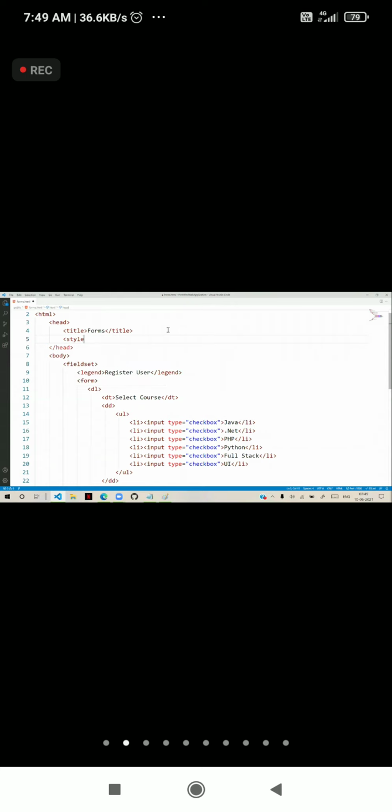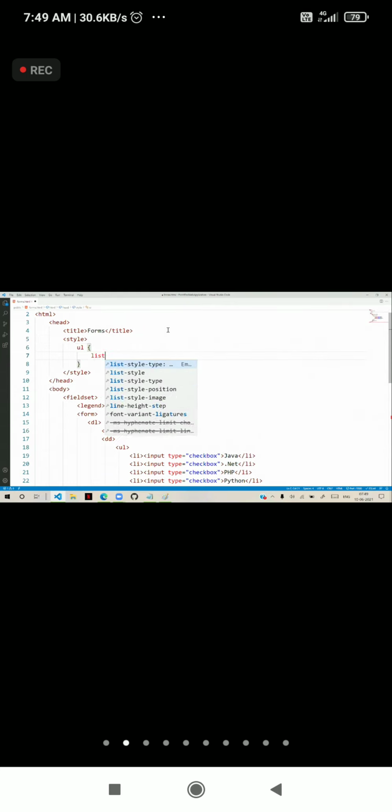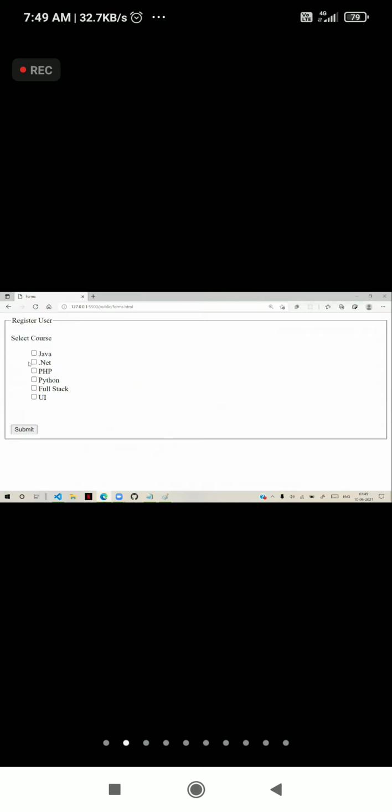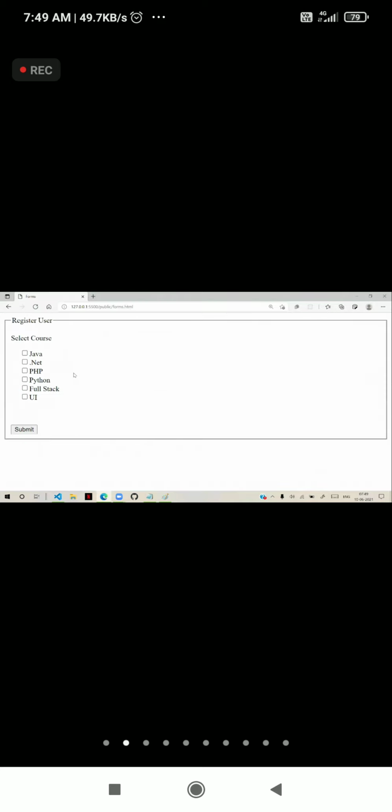Here, style. For the unordered list, list-style as none. That means it will remove the list style. And I will keep margin-left as -40 pixels. It will move a little to the left side.